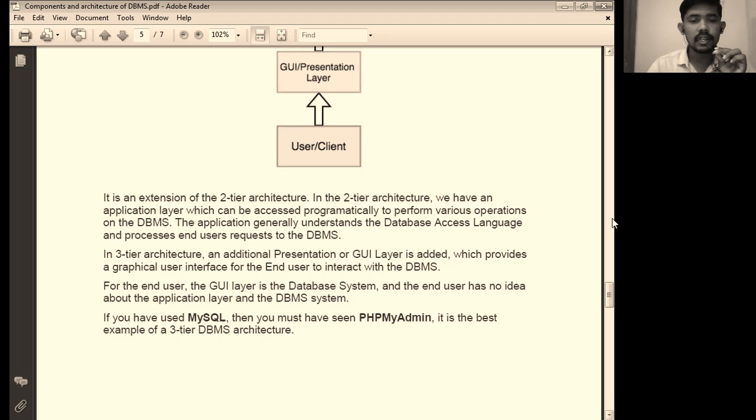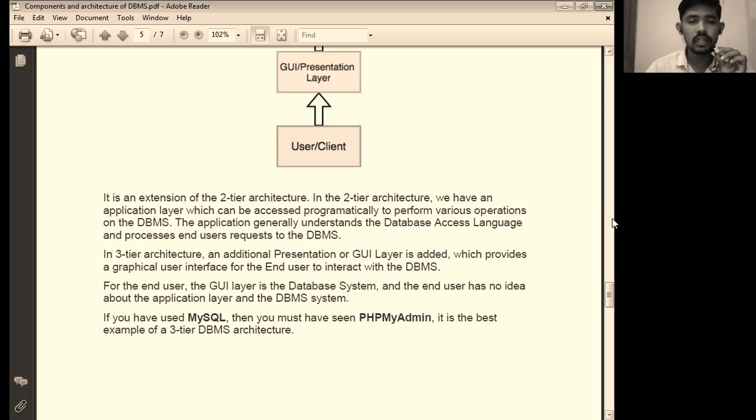In three-tier architecture, an additional presentation or graphical user interface layer is added, which provides a graphical user interface for end user to interact with database management system. So main work of a graphical user interface is to provide interface for a user to interact with database management system.